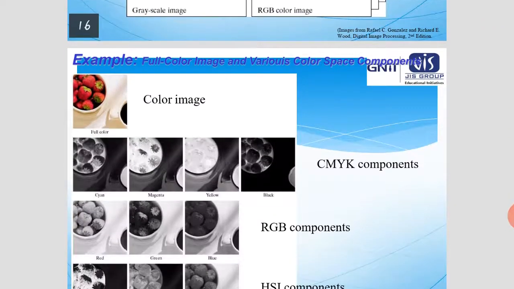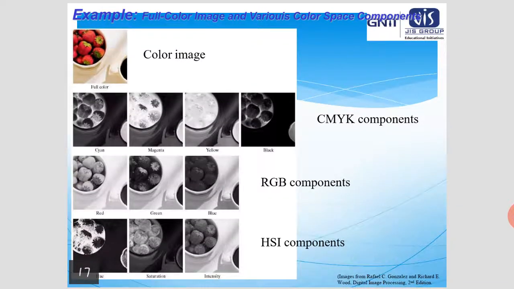This is one example of a full color image, and various color space components have been given here. First we can see a color image, and we can also see three rows. The first row represents the CMYK components, the second row represents the RGB components, and the last one represents the HSI components.